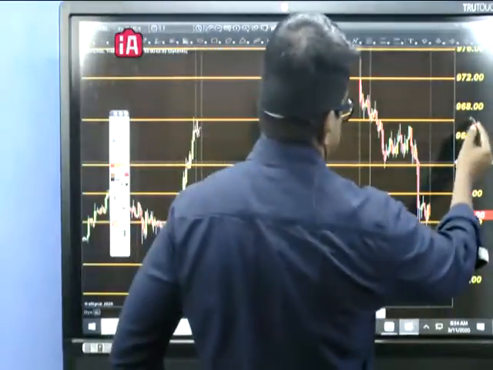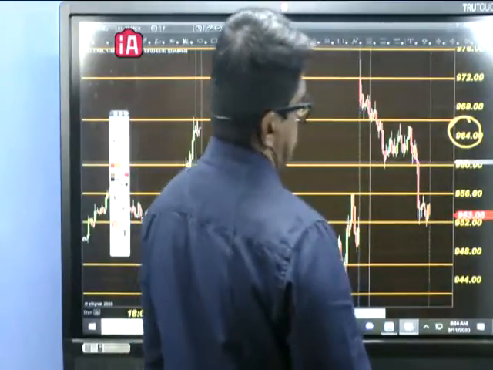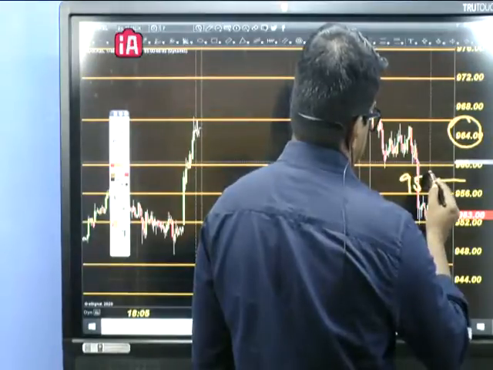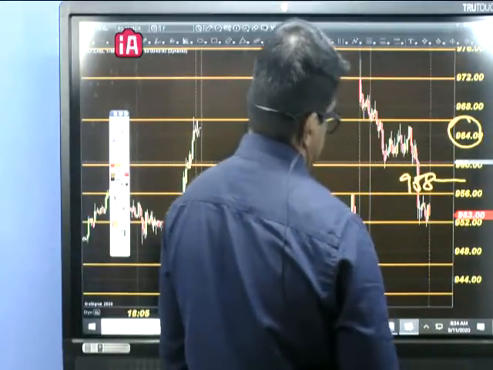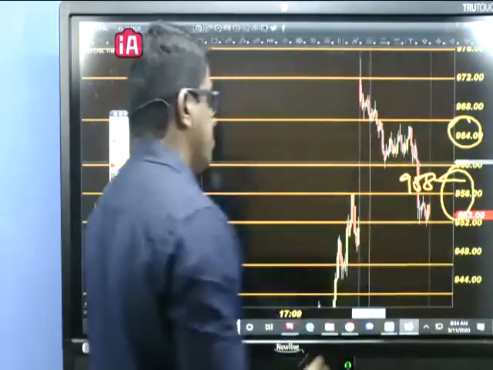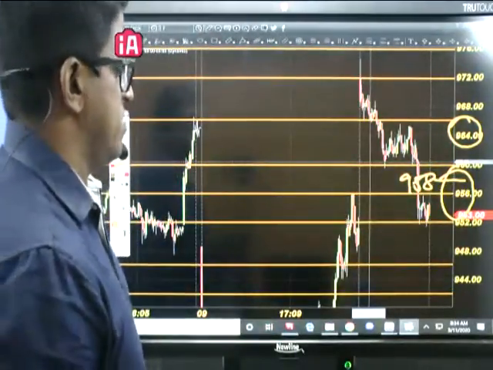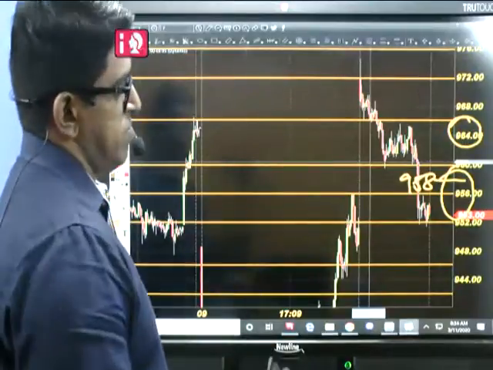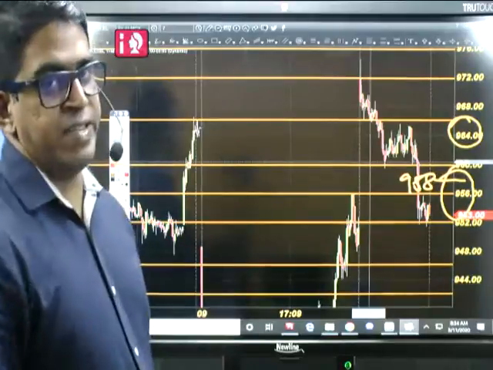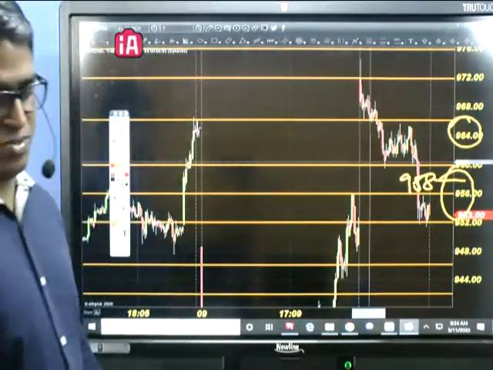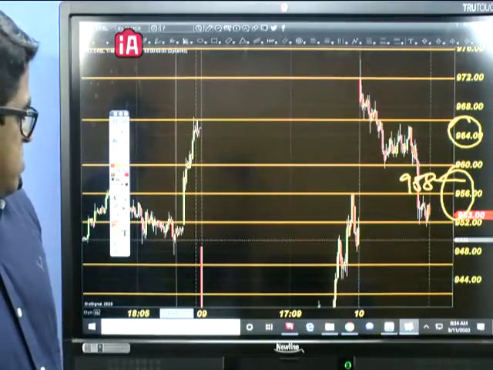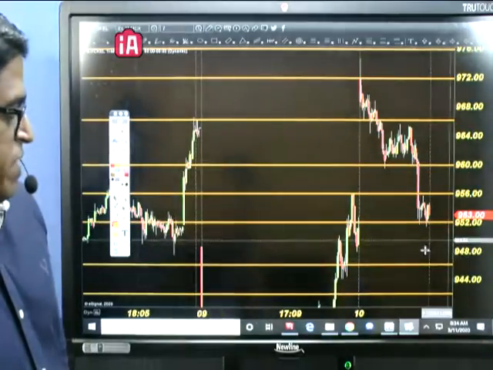which means that it can open somewhere near approximately 964, 966. So it's very simple: buy till 960 by placing stop at 958, expecting the price to move up. If the price is opening somewhere below 960, wait for the price to move above 960, then go for buying. Okay, so we want to see whether the price can withstand 960 or not. So nickel, another commodity, is on the buying side, so we expect nickel to move up.